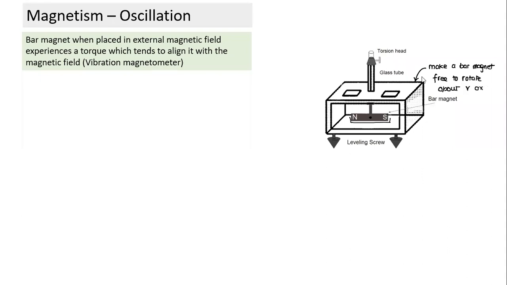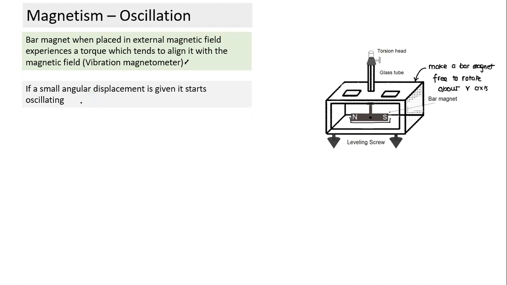So this is something we understand. It has a leveling screw and all to make sure that it's perfectly horizontal, and there's an observation glass and a point of suspension. This is not a separate topic, but let's tell you: this also works on the principle of torque. When you place an external field, it will tend to align itself with the magnetic field.